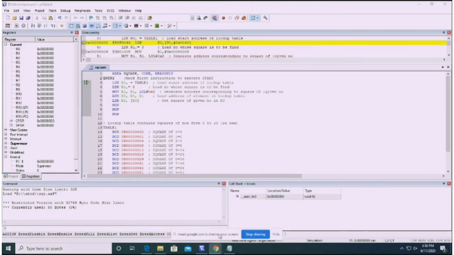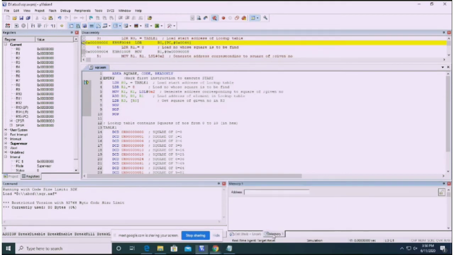In this area we have a memory. So we'll see the memory. We have saved some values here, right? Those values will be saved in some memory, and that memory also we can see. For this program, we are not using any external RAM, so that's why we are not going with this memory part. To run this program, we can run in different ways. Directly we can run the full program by clicking on this run symbol, or else we can go with step-by-step execution of the program. So we'll go with step-by-step execution of the program.